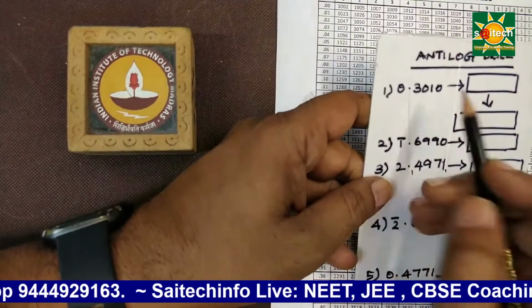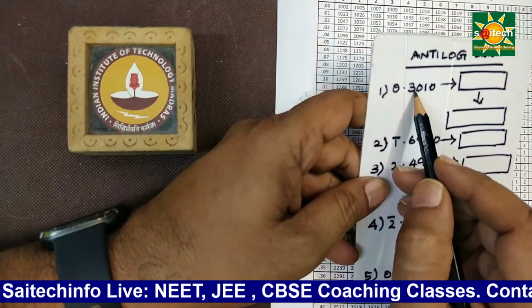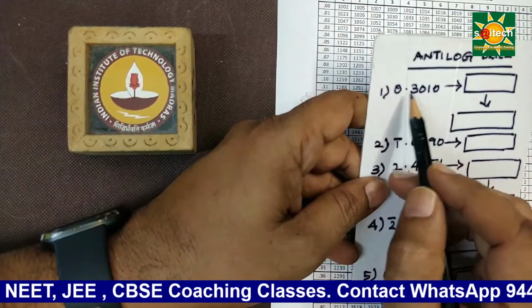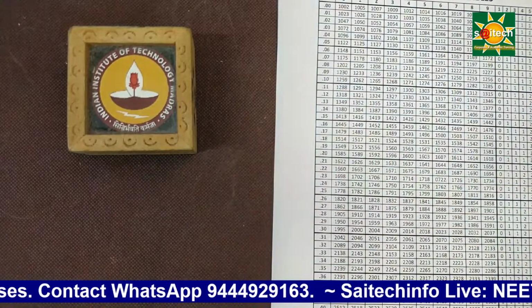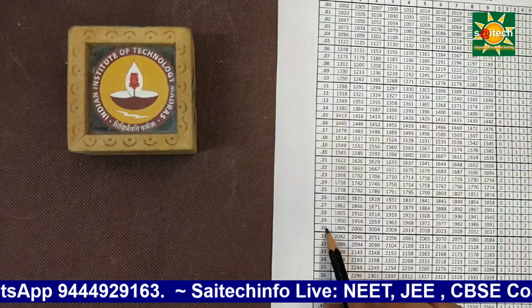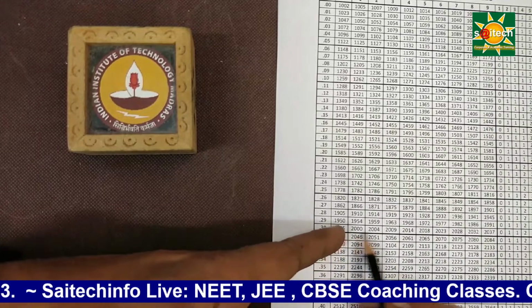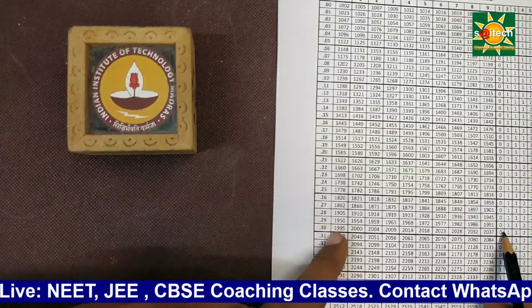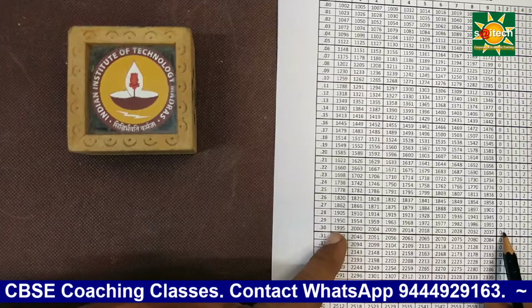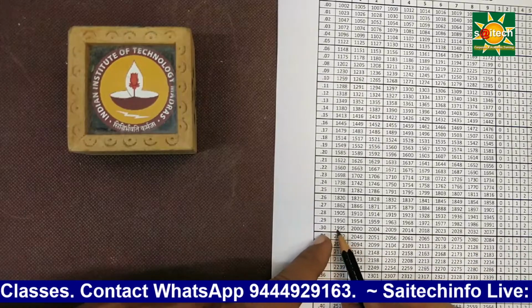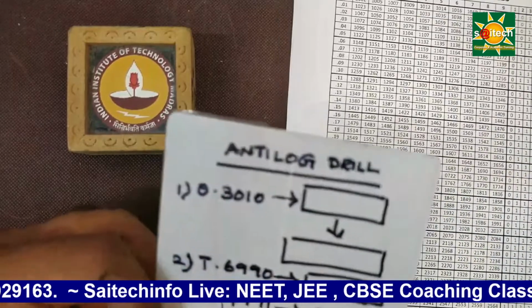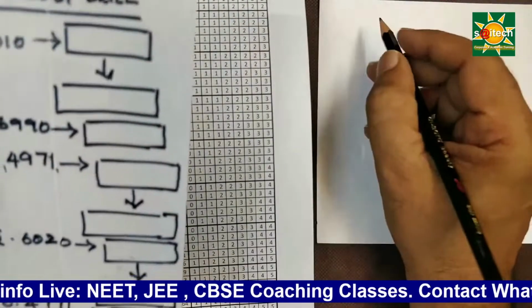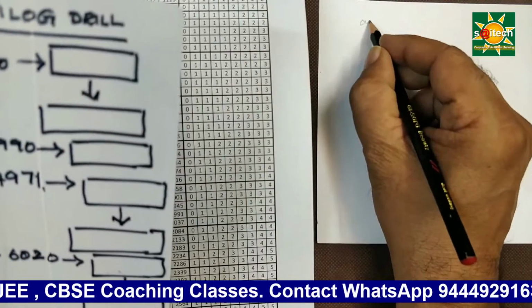Now let us check 0.3010. What could be the anti-log? 3010 means 0.30. So go here 0.30 and 1 and 0. It means 1995. As I already mentioned, you have to take one decimal. So you can write 1.995. So for anti-log, you can write